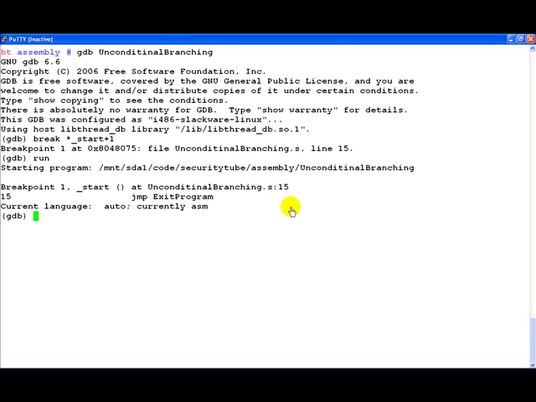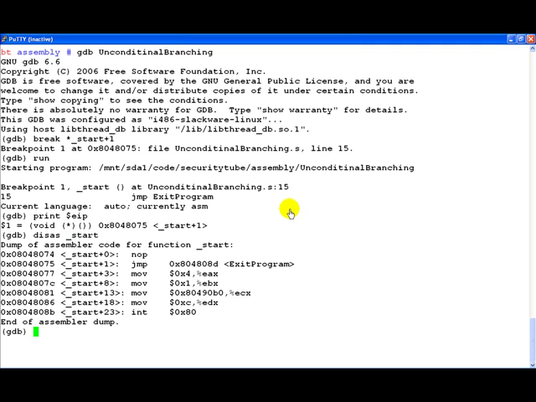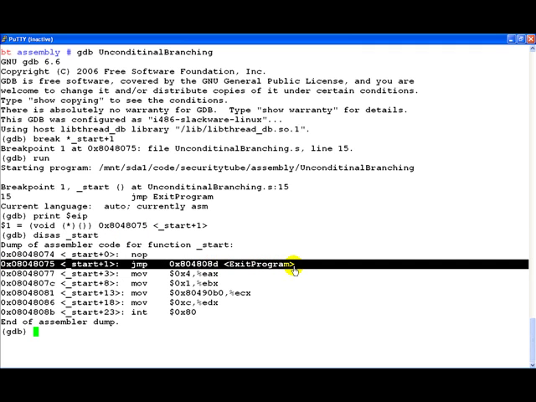If we print the value of EIP, what we will notice is that the next instruction to be executed is this. EIP is pointing to 8048075. That is nothing but the jump instruction.